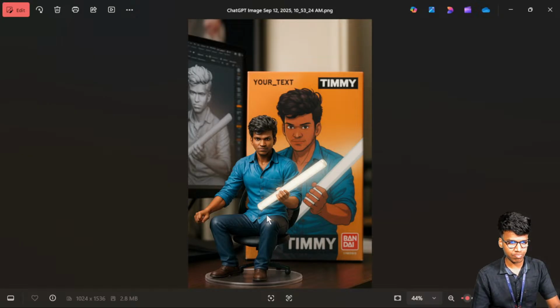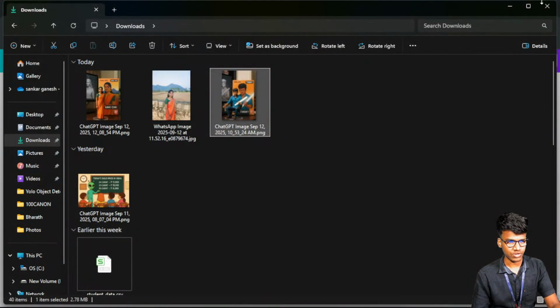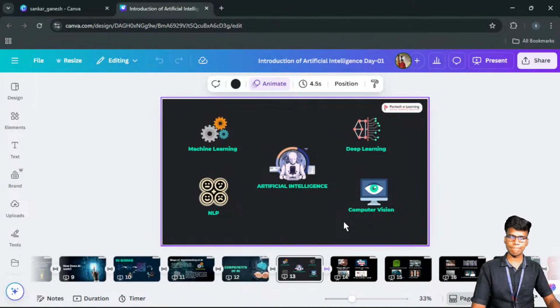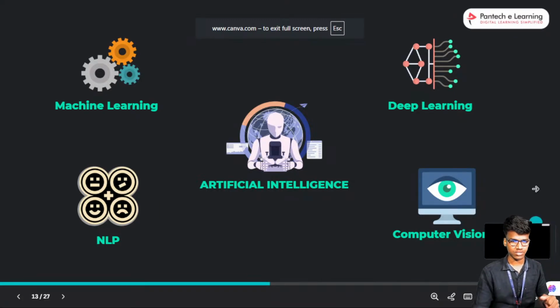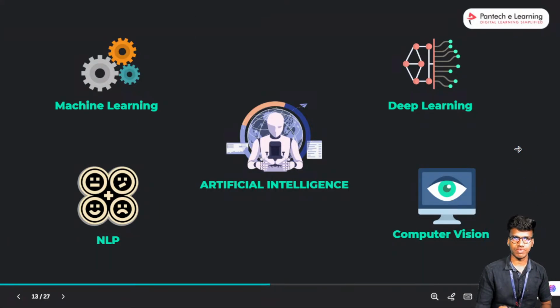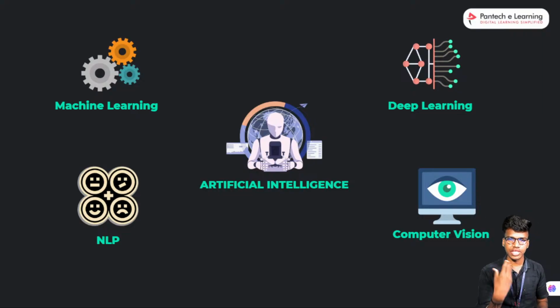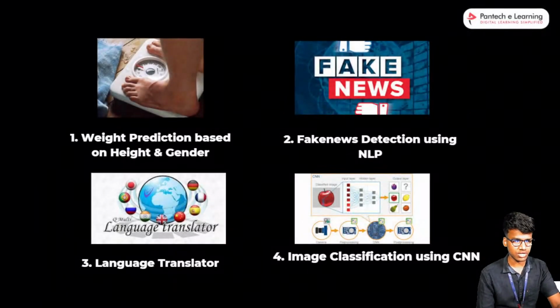A realistic 3D image, looking like a toy, and in the background there is an image frame, and the computer can also contain the particular image. Okay, so that way we can convert the particular image into different frames or different types. Everything happens in the AI model. We have to give a proper command, a proper prompt, and it converts the image into any kind of format. Everything this contains is called artificial intelligence. Next we can go with the applications of AI technology. What are all the applications there?